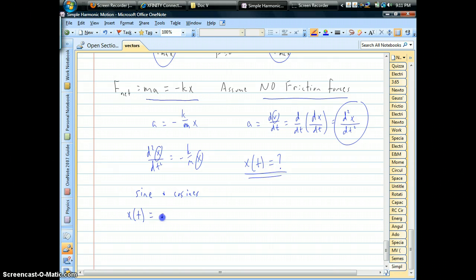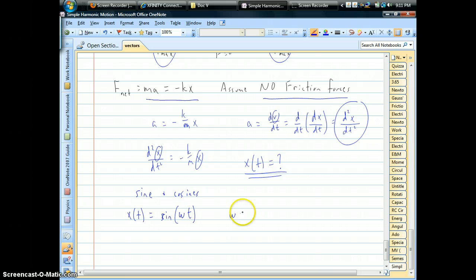Let's try sine, why not? We know time's got to be part of this. And as we build this solution, we have to realize that you can't do something like the sine of 3 seconds. Okay, that doesn't make any sense. You can't do it. We need another factor in here